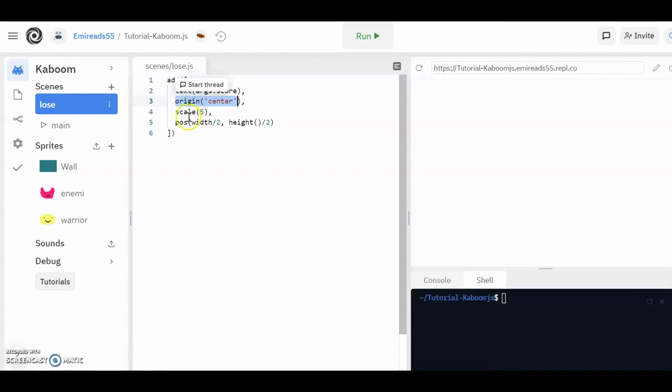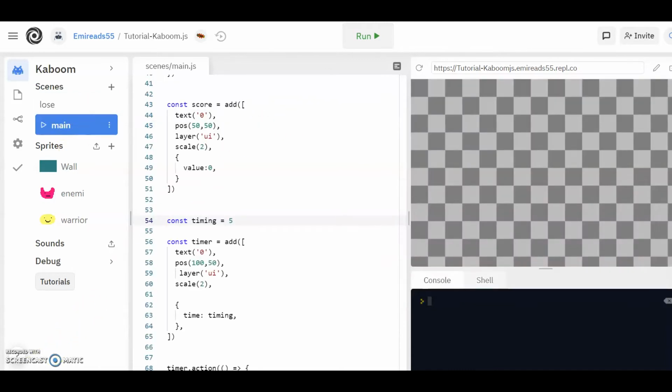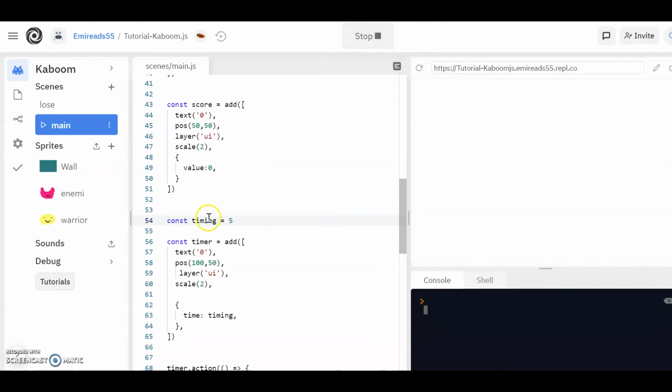Origin center, and then I scale 5 because I wanted it a little bit bigger, and then for the width and the height it's still the same, which is half divided by 2, so the width is half, and the height is going to be half as well. Back to the main, I run this, and